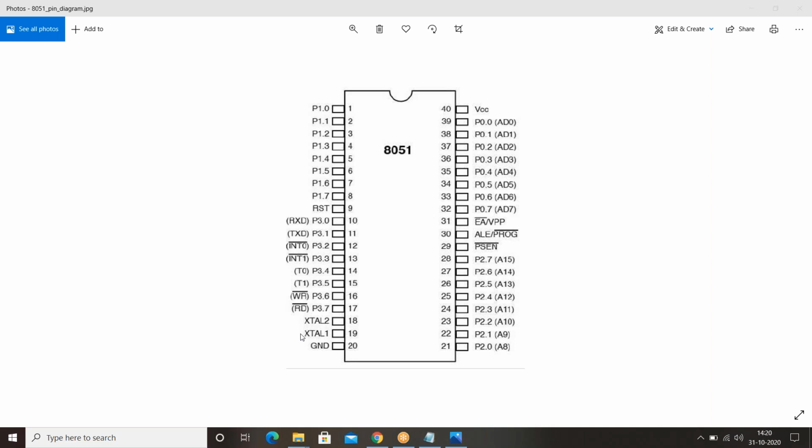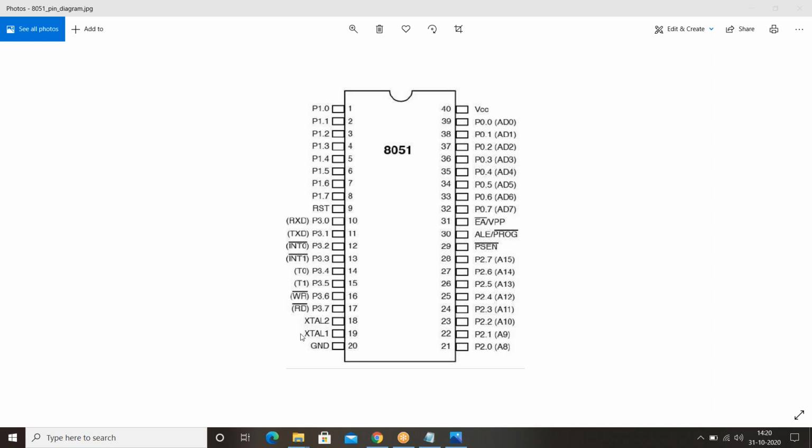Okay, see, for example, if I want to use the external memory, because my internal ROM is not sufficient for me. At that time, if you want to use the external ROM, this external access pin has to be grounded. Remember that. If you are using external memory, the external access pin has to be grounded.